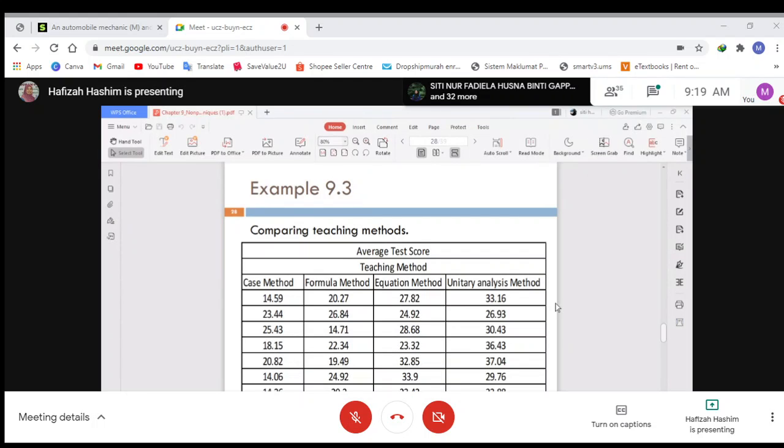Alright, done key in. Done, Miss. Okay, here is done, 1, 2, key in. 3, 4, 5, 6, 7. 7 times 4 is 28. So you have 28 rows of data, right?